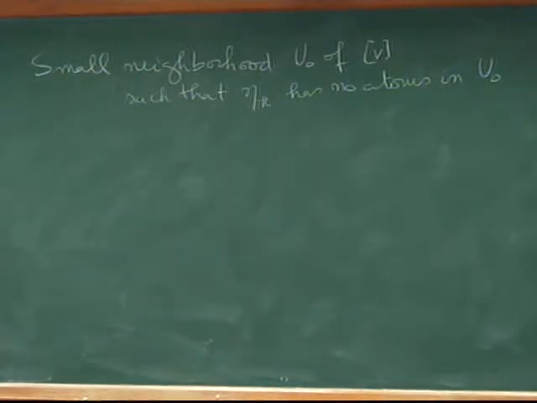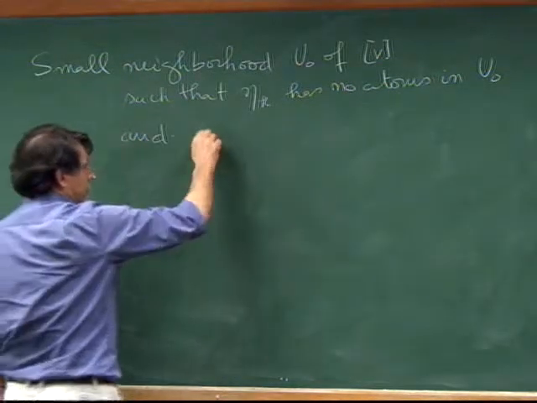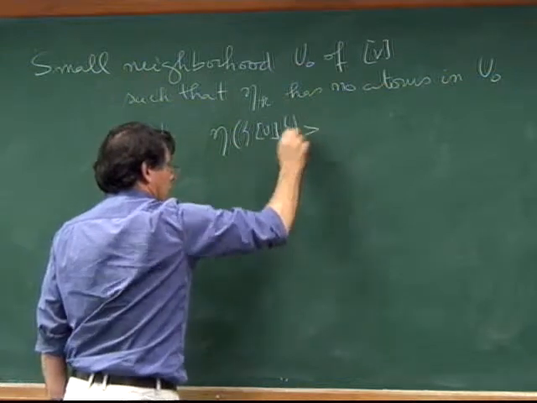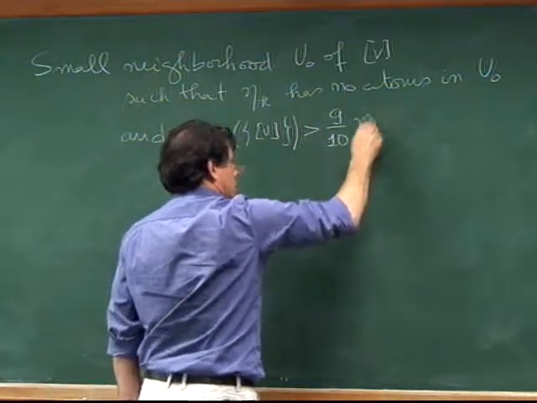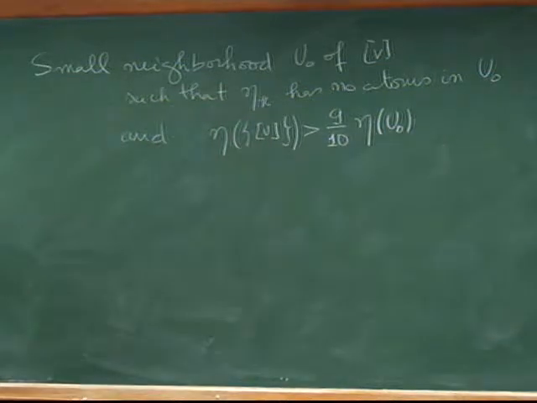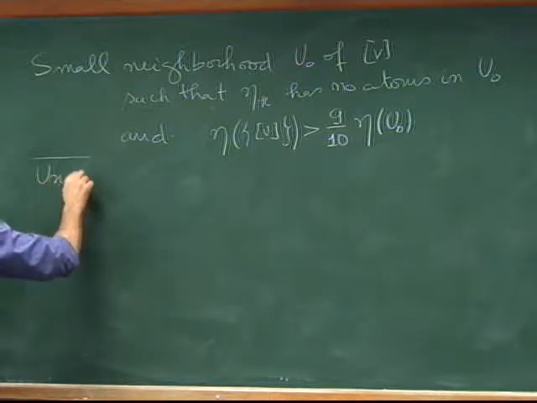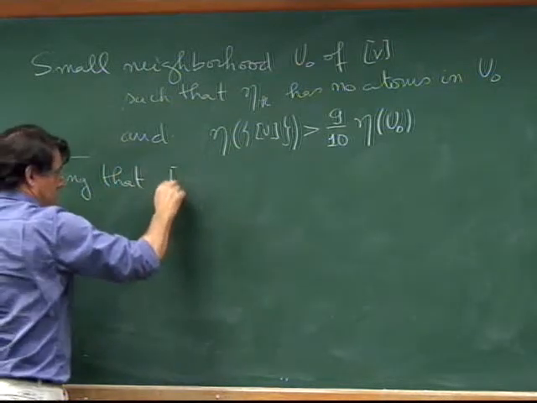And the other condition, so the proof is going to be by contradiction. Assume eta of V is positive, and we're going to get to a contradiction. And if eta V is positive, then we can choose the neighborhood such that the measure of this atom is bigger than 9 over 10 the measure of U0. Then what we did last time was using that V is expanding,